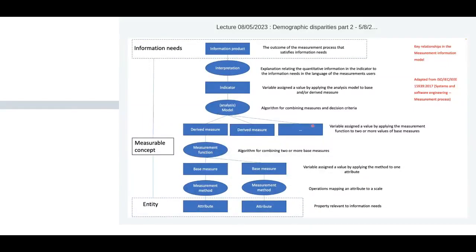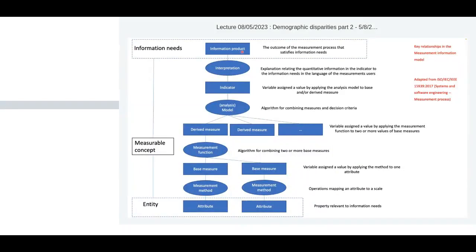I can have a set then of derived measures, and some of the derived measures can be directly base measures. And they are combined into a model, an analysis model, a predictive model, or a classification model that should output a number, an indicator. Risk of recidivism, a number from 1 to 10. Again, here we might have the choice to decide the scale or not, depending on what type of learning algorithm I have here. The indicator might be taken as it is,